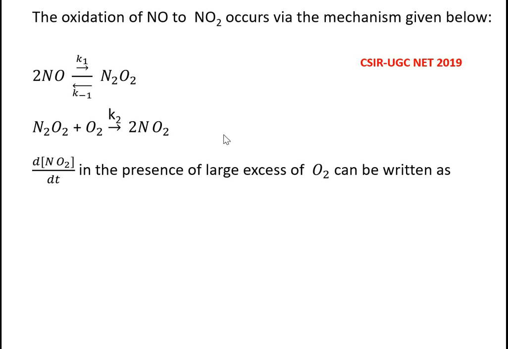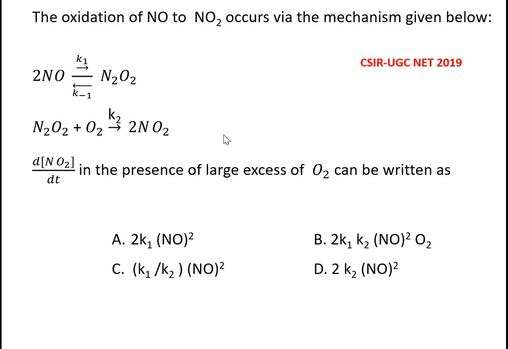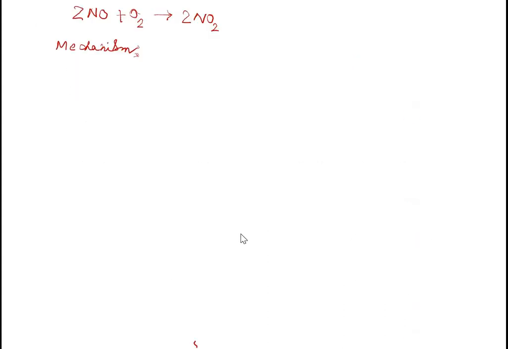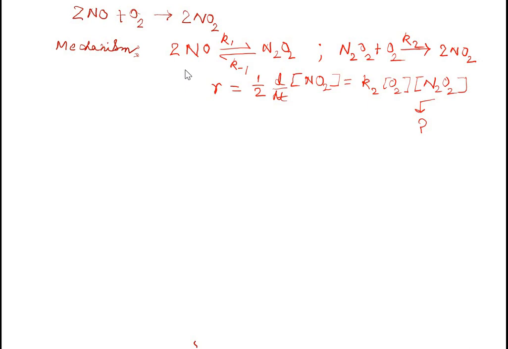So let us see how we really apply the steady state approximation. So here are the options for it, and the answer is supposed to be A. Let us see how it comes. So the reaction is 2NO plus O2 gives 2NO2, and the proposed mechanism, as shown, is 2NO going to N2O2, and this is an intermediate and not a reactant or product, and this N2O2 reacts with O2 to give